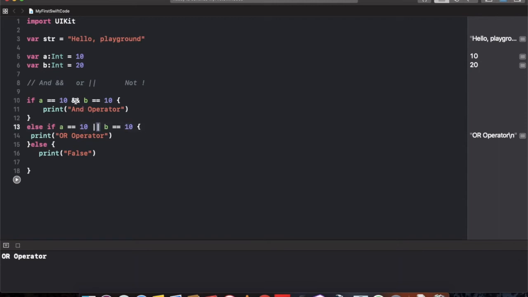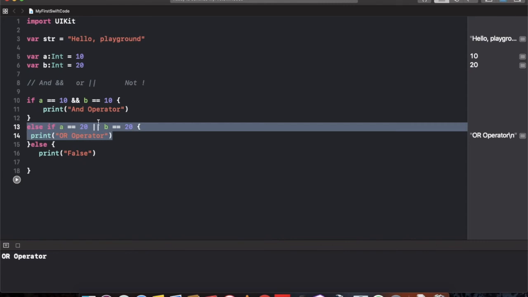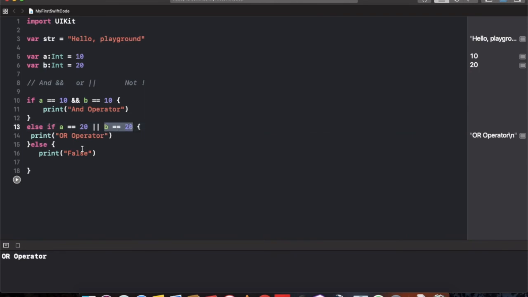The AND operator works when all of the conditions are true, but the OR operator works when a single part of the condition is true from all given conditions. Let's change the condition. In the first case this part is true, now I change it so the other part is true. Let's check the results. Now again you can see the OR operator returns true because the second part of the condition is true.